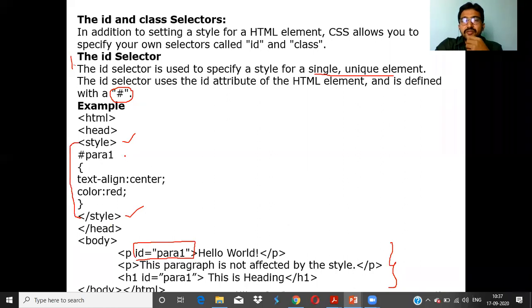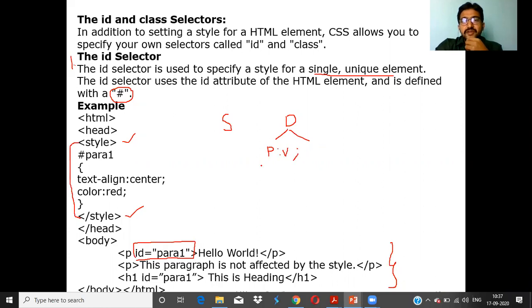Please remember the syntax for CSS. It deals with the selector followed by declarations. Each declaration consists of a property separated from a value with a colon, and each declaration is separated with a semicolon.